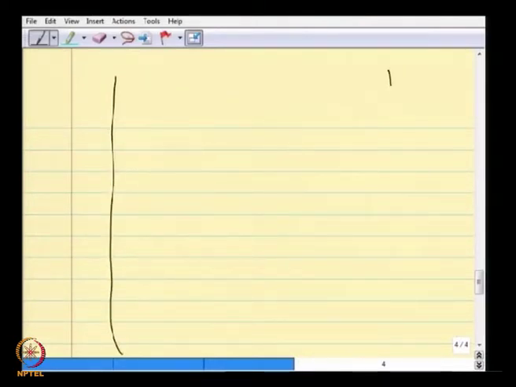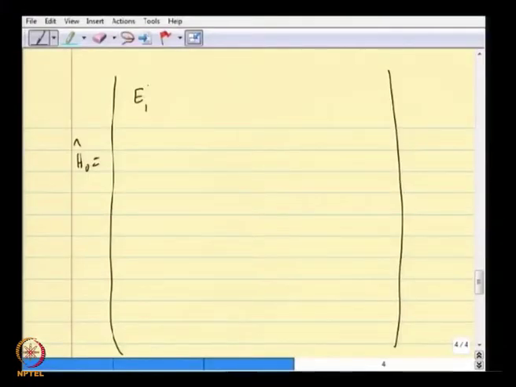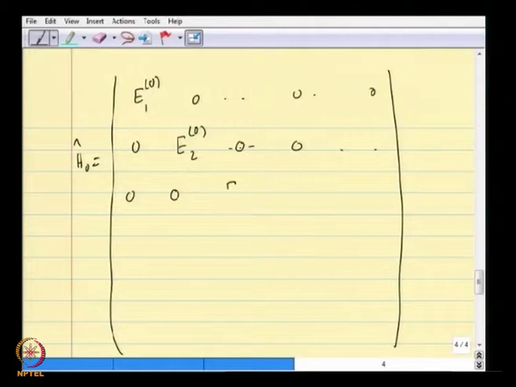Let us draw the matrix for H1. First, let us draw the matrix for H0. We know that the basis functions are eigenfunctions of H0. Therefore, the matrix of H0 is only diagonal. It is E10, everywhere else it is 0, E20, everywhere else it is 0. That is how we started the perturbation theory, that is we know a 0 order problem, the solutions to the 0 order problem,